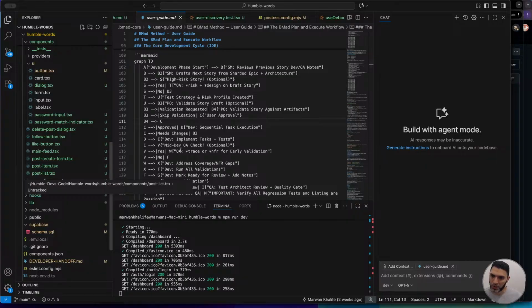Now, again, this is a relatively simple application. So if you're building something that's bigger, it would cost you a bit more time to prepare it. It would also cost you a bit more time to implement it. But if you follow what we've done so far, you should have a relatively good experience. Having said that,